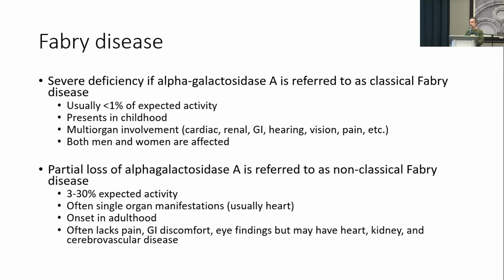There are other modifiers for this. So the type of mutation that you have can be important. We're not going to talk a lot about that right now. And then if you have any other health problems. So if you have Fabry disease, that's not a guarantee that you don't have anything else. So if you have Fabry disease and lupus, Fabry disease and diabetes, Fabry disease and multiple sclerosis, or any number of other things, that's going to change your needs a little bit. And it changes, at least for some of those conditions, the progression rate and the involvement of the Fabry disease as well.